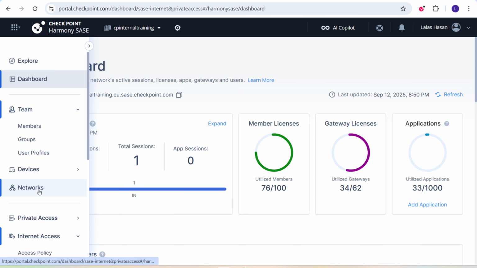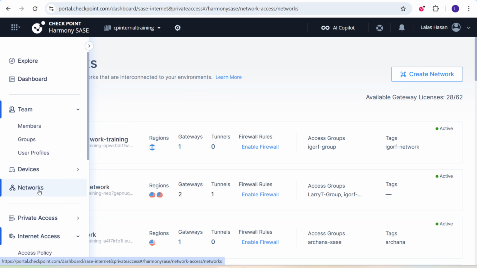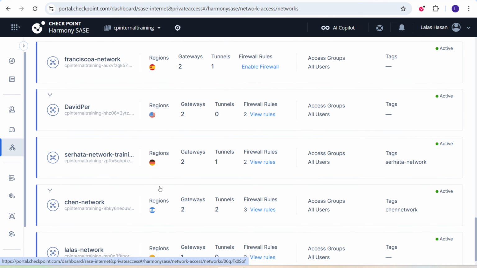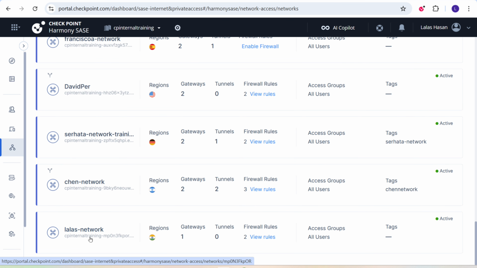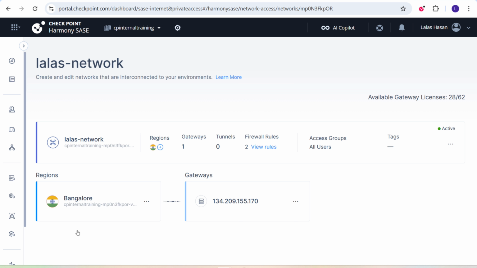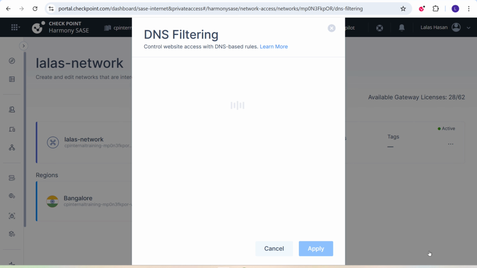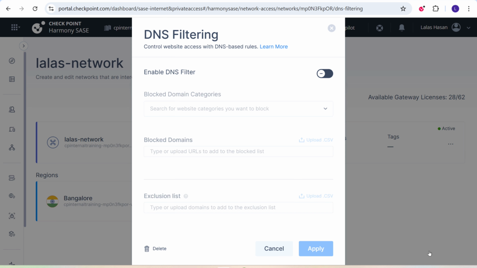So in the portal, we have to navigate to the network section, and then we have to locate our network, which we created before. I can see Lalas-network over here. Let me click on it, and you can see all the details. So here we have three dots. Once we click the three dots, we have DNS filtering. So click on DNS filtering,